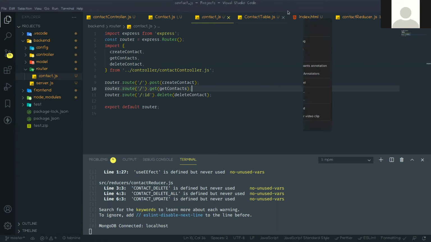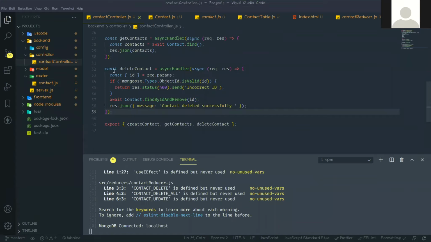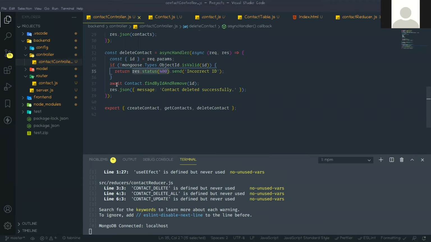Now go to that controller. So here this is the delete method, but that ID you will get from the request.params. First I need to check that ID is valid or not. Mongoose gives one method for that, to check whether the object ID is valid. If it is not valid, then just send the response 404 with an incorrect ID message.